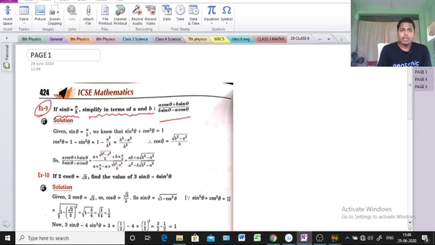What is the given data? Sin theta equals a by b is given. What do we find out? We have to simplify. We find the value of (a cos theta plus b sin theta) by (b sin theta minus a cos theta) in terms of a and b, which means that theta will be removed. Theta will be eliminated. Clear or not?